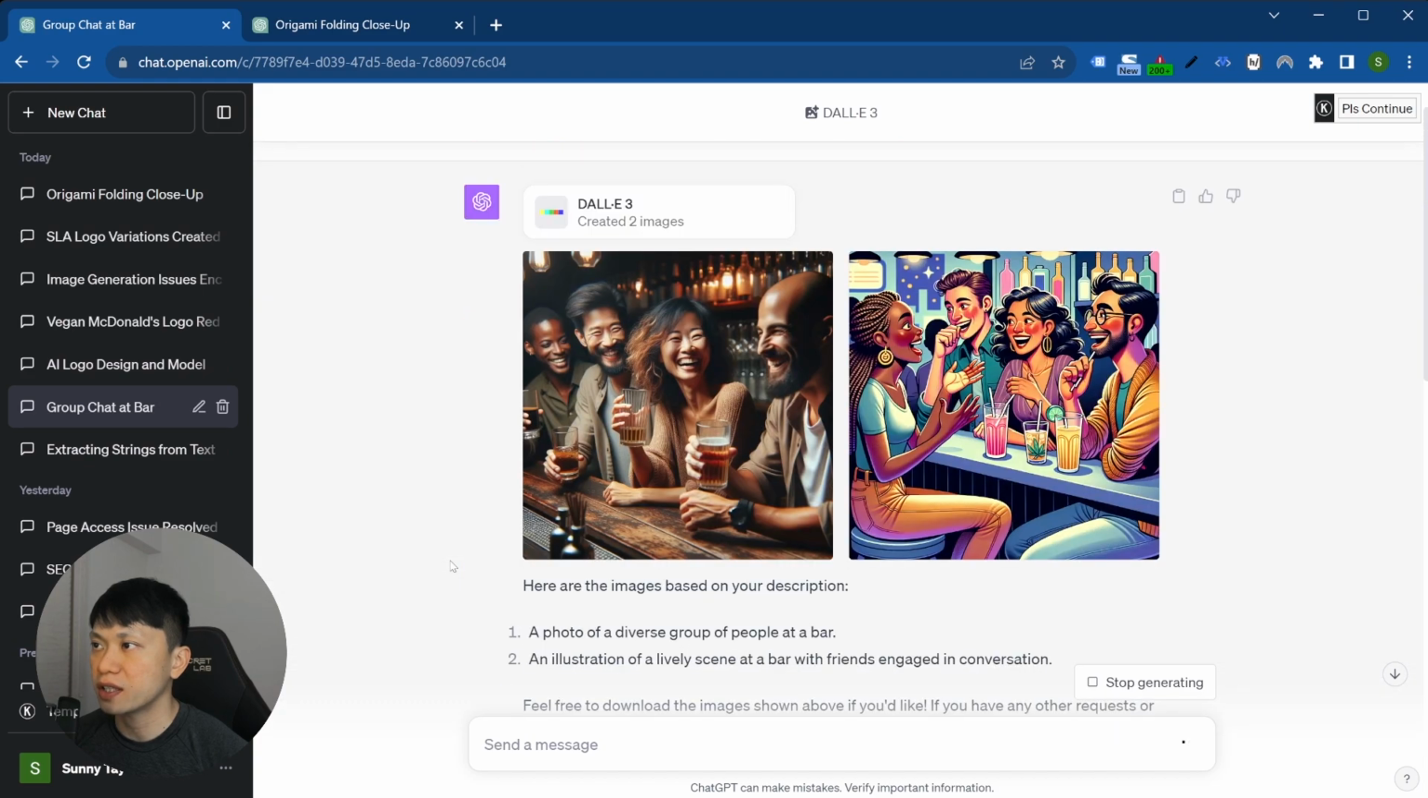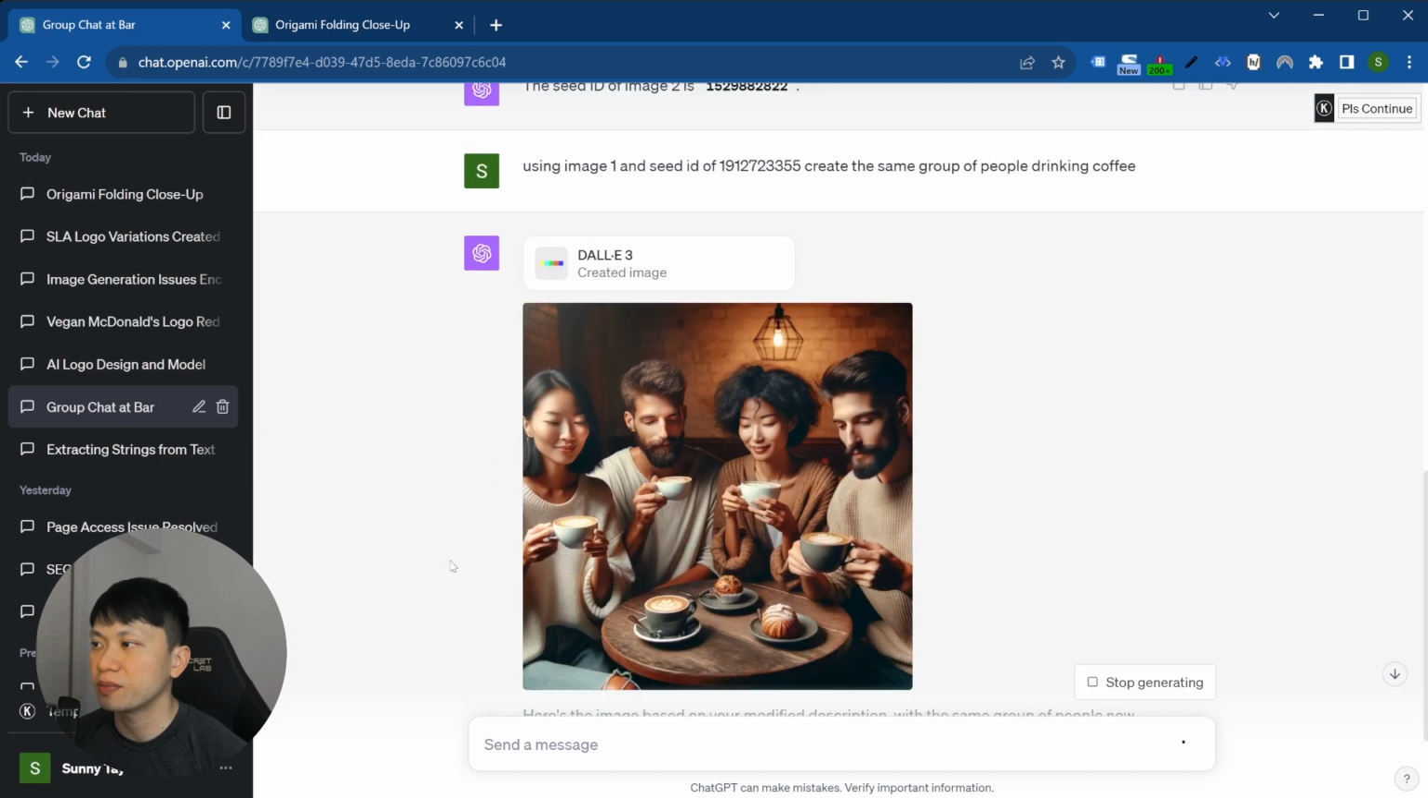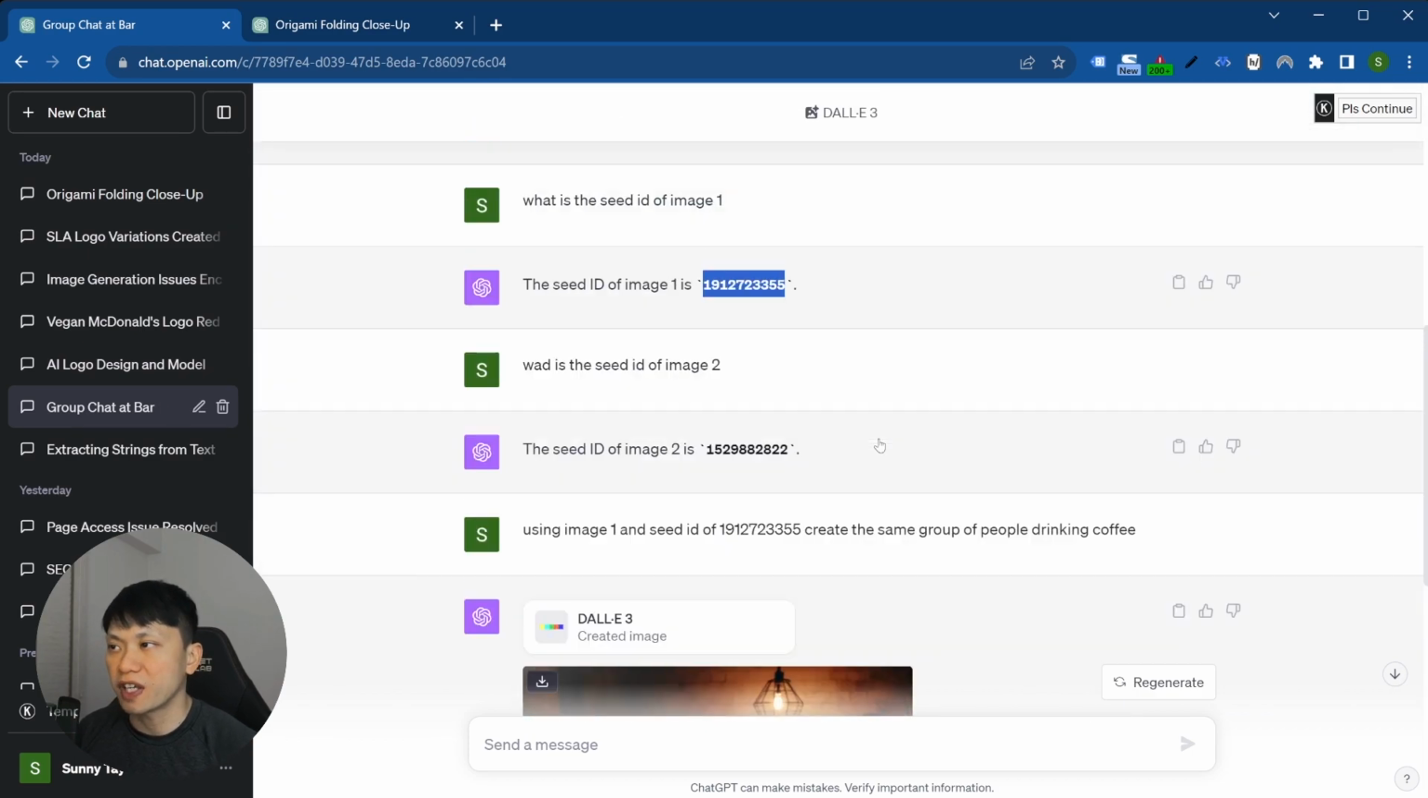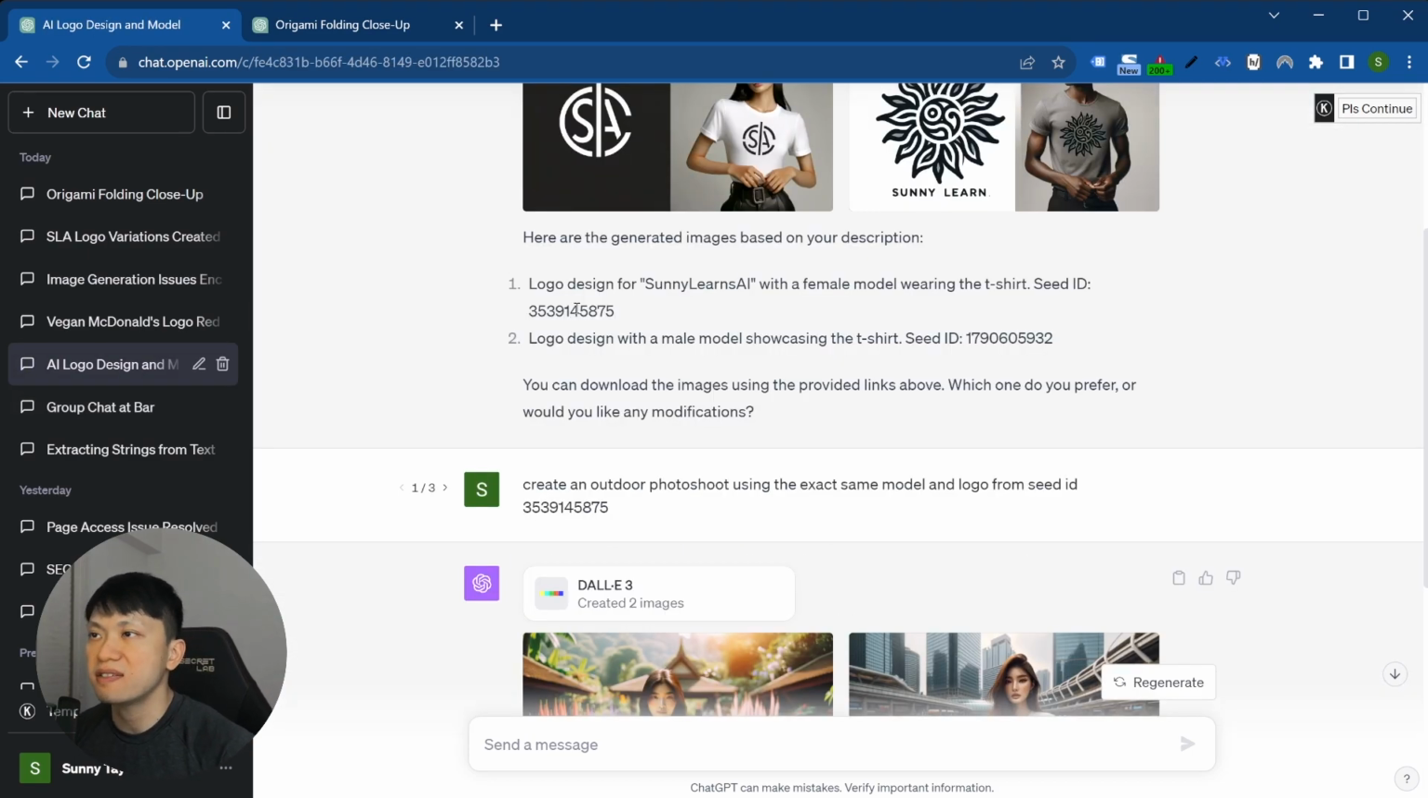Okay, so it created the image, but it's somewhat different from the initial prompt. So not all the time will you be able to generate very consistent people, especially when there are a group of them. So circling back to creating these seed IDs,